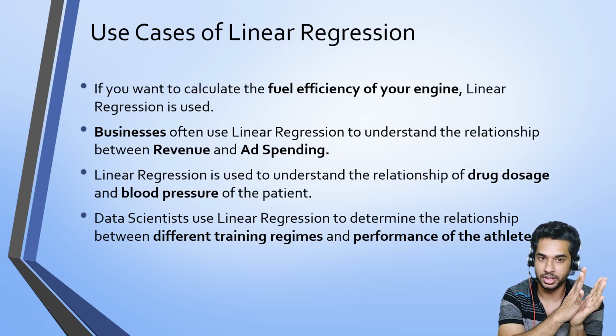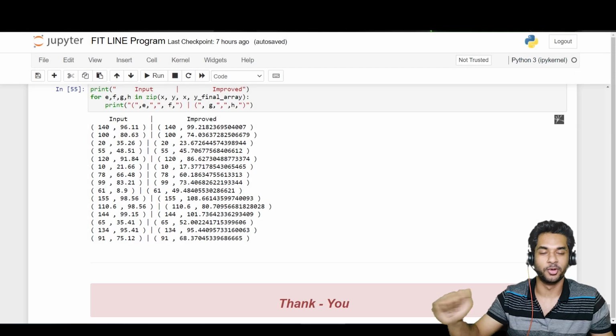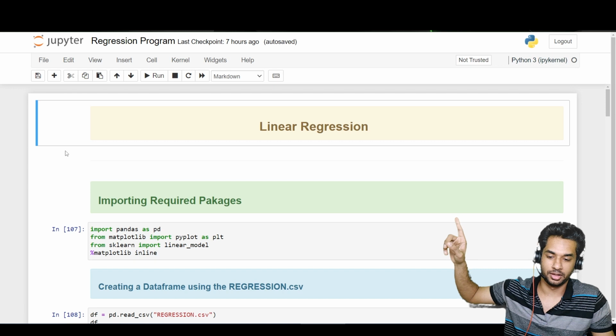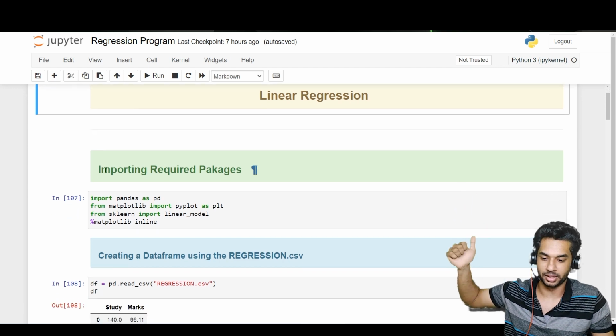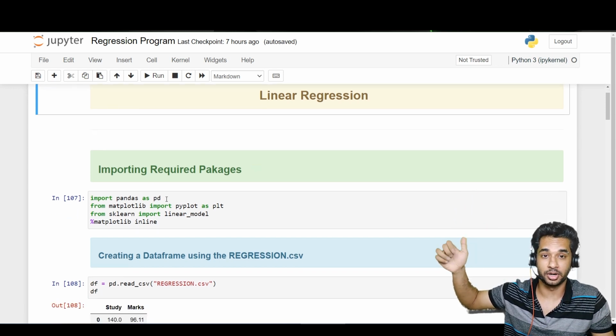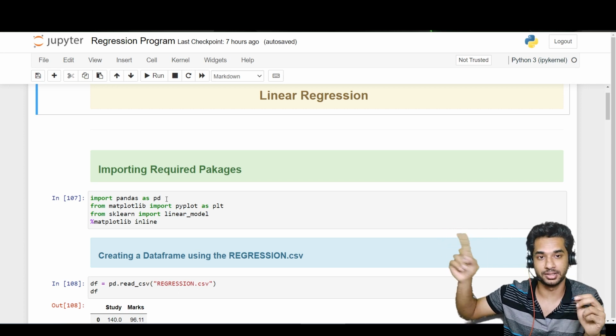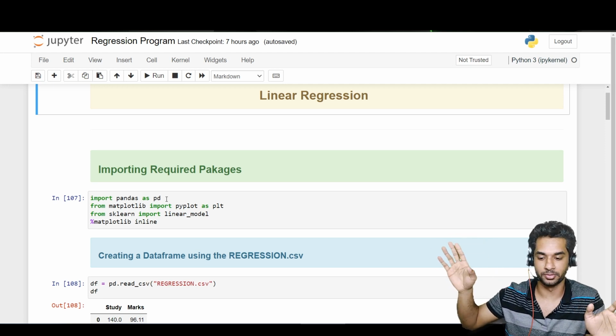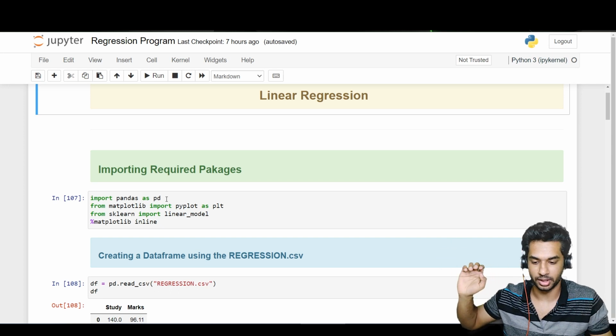again, where we're going to be seeing the linear regression program. There you go. So here we have the linear regression program that you can see right there on top. We are importing required packages, pandas as pd. Now as pd is called alias, we are using them in programs as alias, so we don't need to type pandas everywhere. We can just type pd. The program will understand that it is the short form or alias for pandas. Then we have from matplotlib import pyplot as plt, the same thing that we did before. Then we have from sklearn import linear_model and